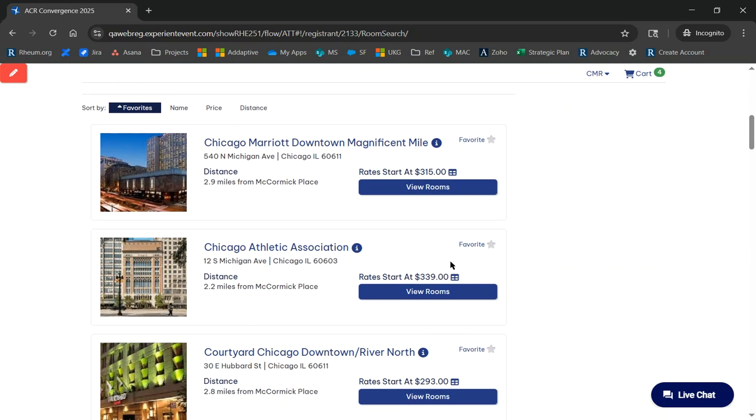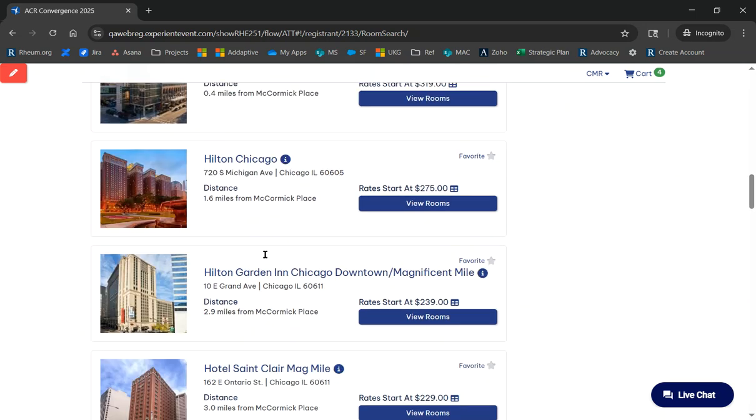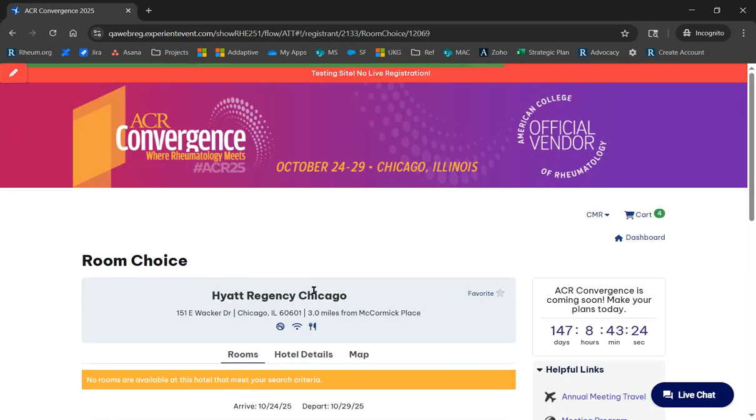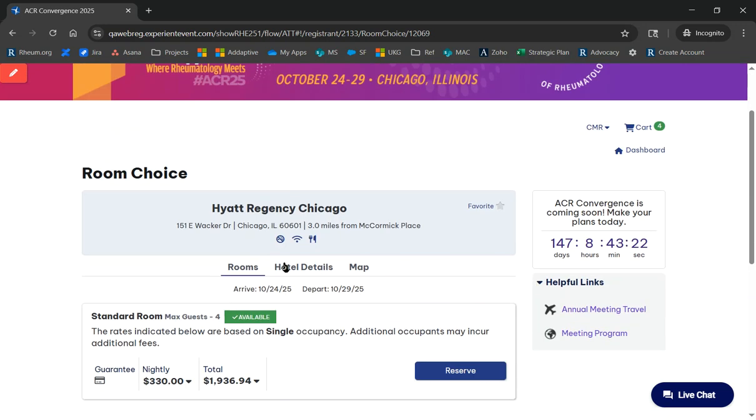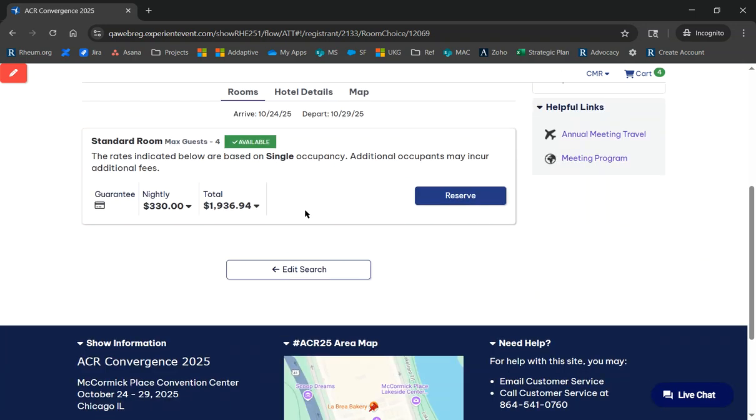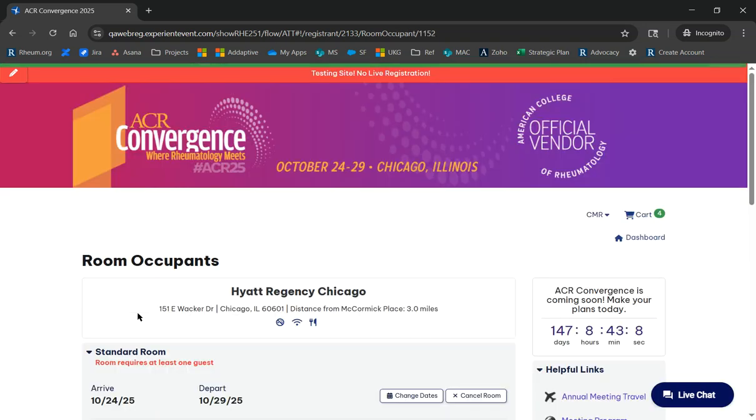And let's say I want to stay at the Hyatt with that pretty view. So I'm going to add a room. And we see the information about my rates, single occupancy, things like that. I'll go ahead and reserve. Here's our cancellation policy. You can read through that. And then once you agree,